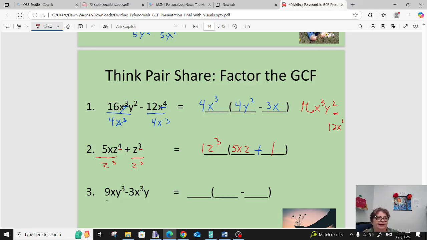Okay, what did you get over here? 3xy. I'm going to divide these by 3xy. 9 divided by 3 is 3. And y over y cancels. And 3 minus 1 gives this to be squared. And this one would be just x to the second power squared. Yes. Got it? Okay. Now, there's a lot of problems on your sheet. I'm going to take off